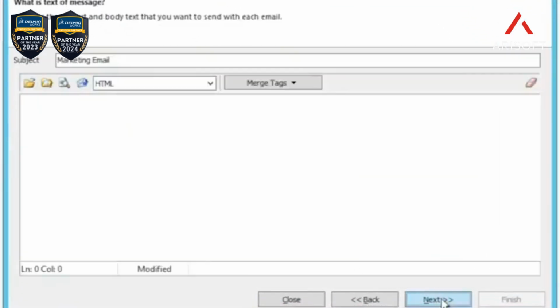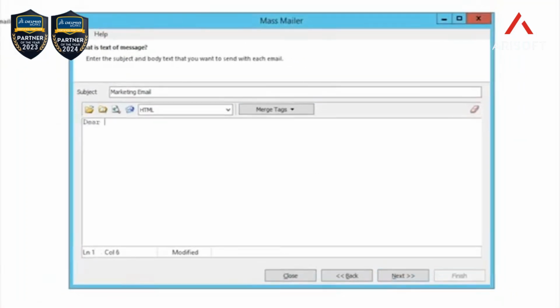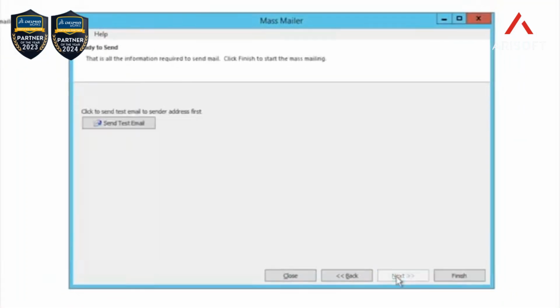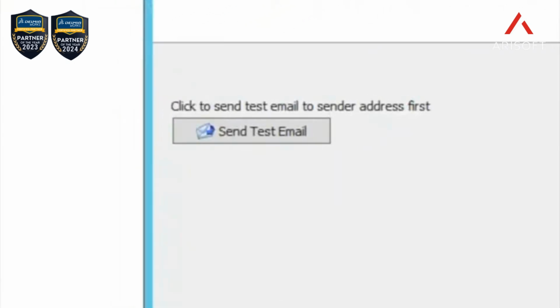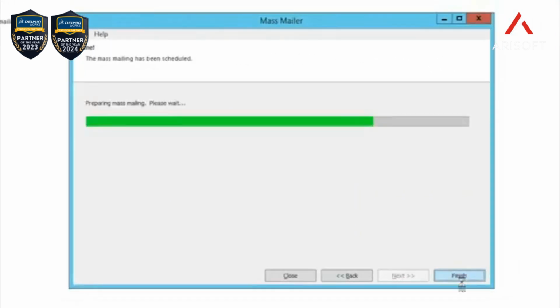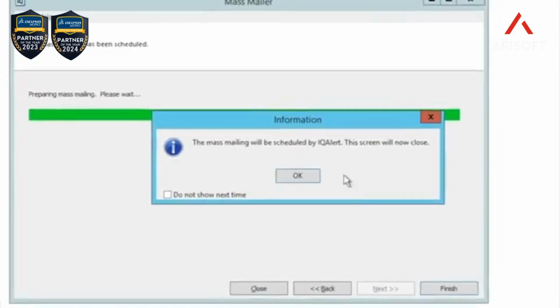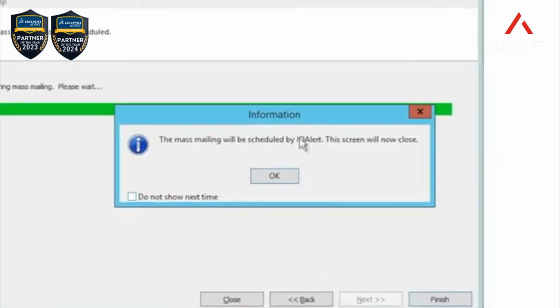Finally, the subject line and the body of the email should be written prior to completing the email process. A test email can be sent to ensure the email and its content is accurate and formatted correctly. When the user is ready to distribute the email, they will then select Finish at the bottom of this window. Based on the IQ Alert option we mentioned earlier, the email will either be sent immediately or at a later